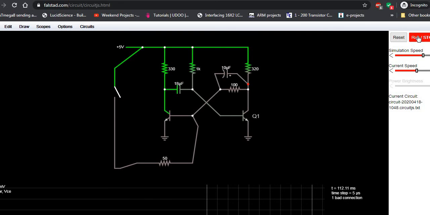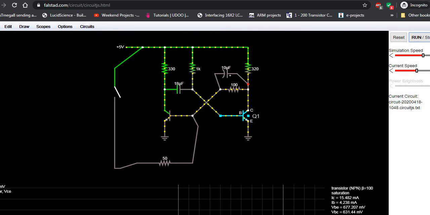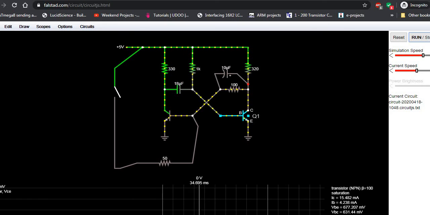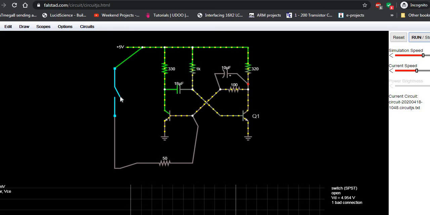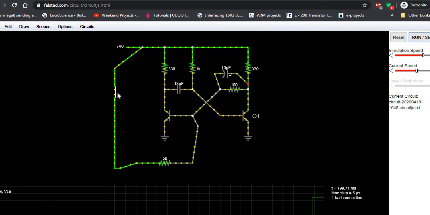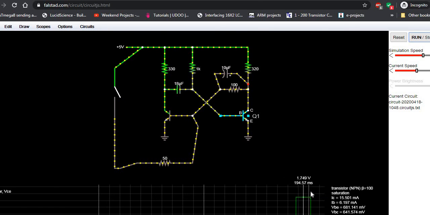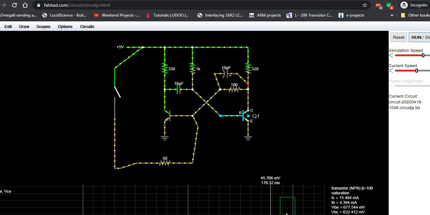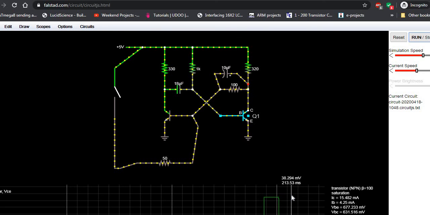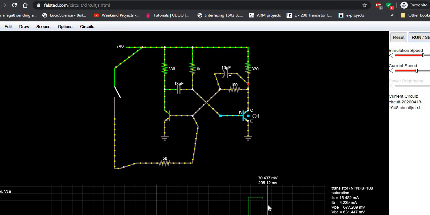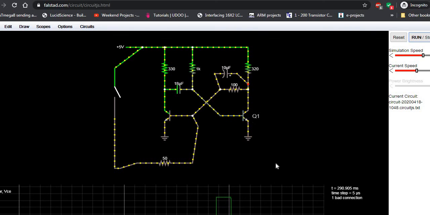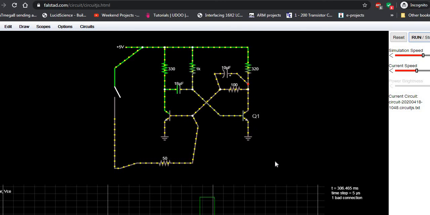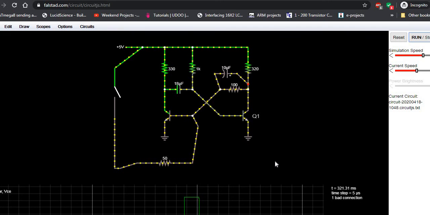Let us run it. Right, this is the output before triggering. We are getting low output. Let us apply the triggering for one moment and release it. See here, at the output of Q1, for some certain duration output is high. This is what we have said in the theory also. When and only when the triggering pulse is applied, output will change from low to high.